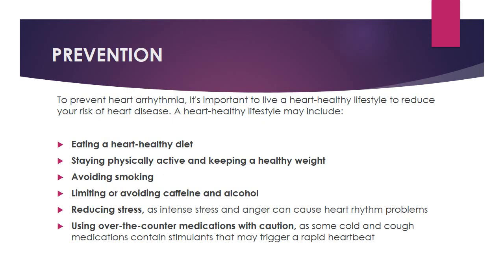How do we prevent this particular condition? Obviously by eating a heart healthy diet, staying physically active, avoiding habits like smoking, alcohol, and illegal use of drugs, limiting your caffeine intake, and most importantly reducing stress, controlling your body weight and obesity, and avoiding unnecessary over-the-counter medications, because even if you think they are supplements, sometimes they can trigger unwanted rhythms. And this can put your heart into a lot of problems. So this is the way you educate the patient and the family regarding how we can prevent this particular condition.